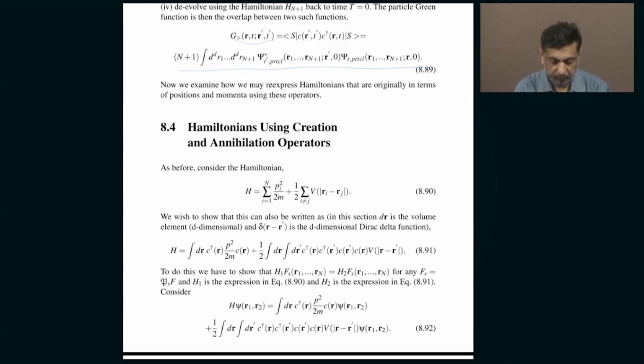If the original description was as shown in equation 8.90, now I am going to try and convince you that this Hamiltonian is nothing but this,